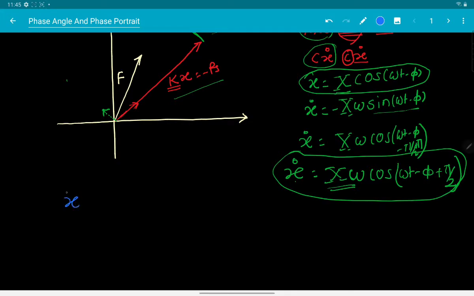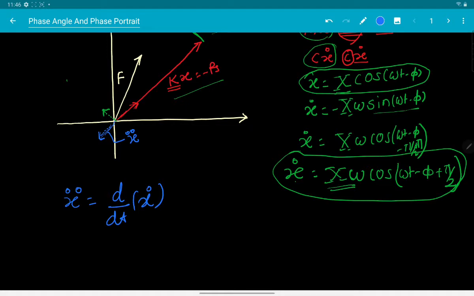So we know that x double dot is one more derivative of x dot, right? I just said that by differentiating x with respect to time, what we have done is rotate this vector by pi by 2 in the anticlockwise direction. In the same fashion, if we differentiate it once again, we are going to rotate it even further by pi by 2, and this is the new vector we will land up with, and that will be the x double dot vector, which is in line with x but in the opposite direction, right?